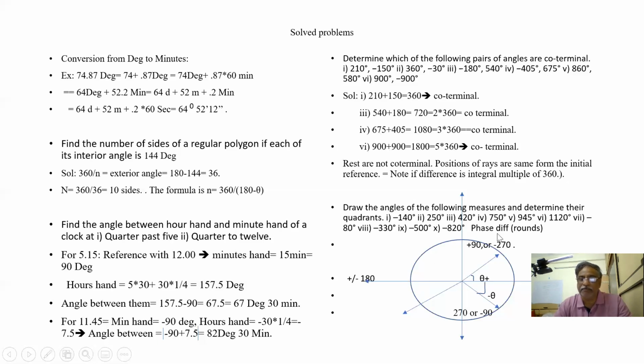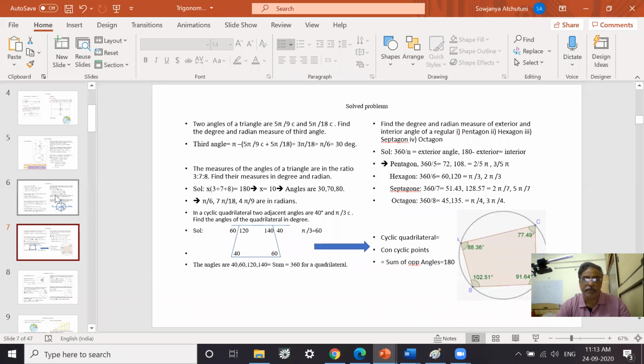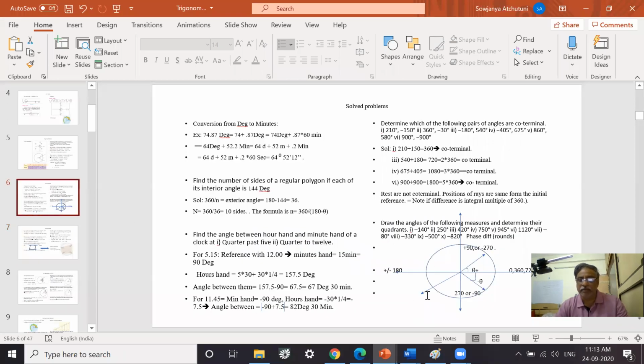Let us understand this. We have to draw the angles given there. Minus 140. So if I'm going from here, this line is minus 140. Next another is what? 250, plus 250. So this will be around 250. Next is 420. 420 means what? If you divide out 360 from it, it is around 60. So it is plus 60. It is like this, plus 60.